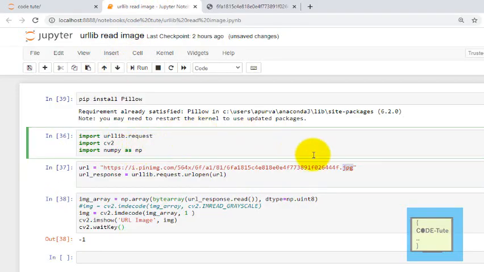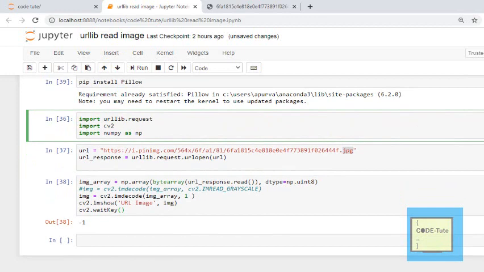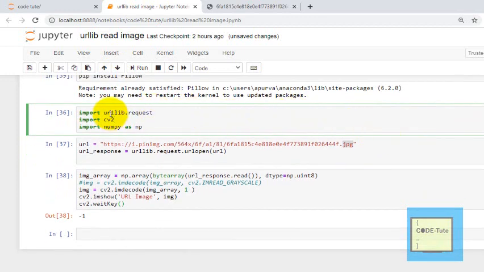Now what are the modules we require? First of all, we need the urllib module, so import urllib.request. This is the library which we need to request a URL. If you want to open a URL, or perform any computation on a URL, this urllib library is required.